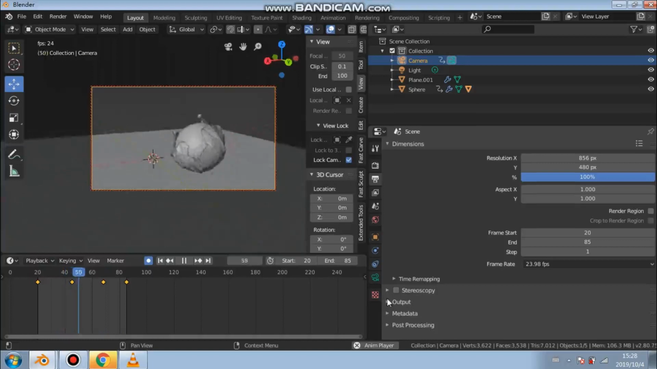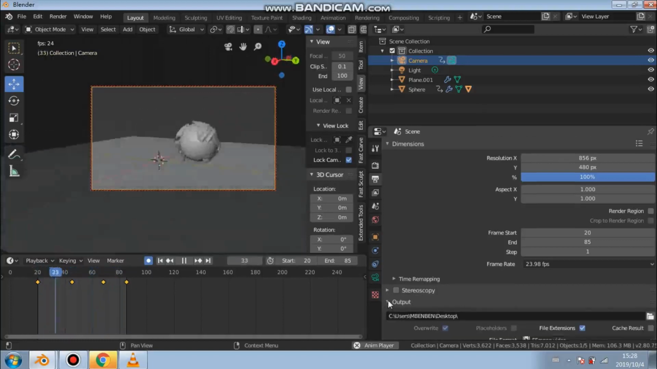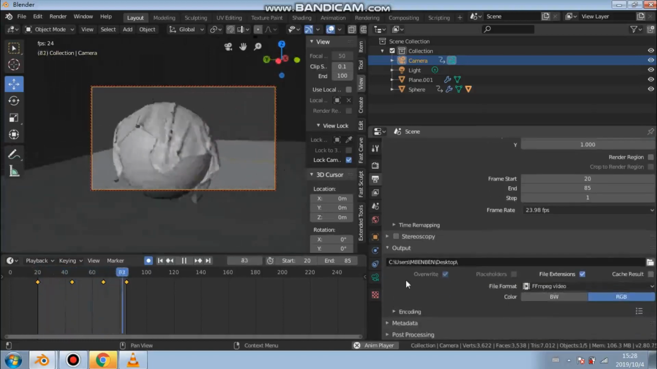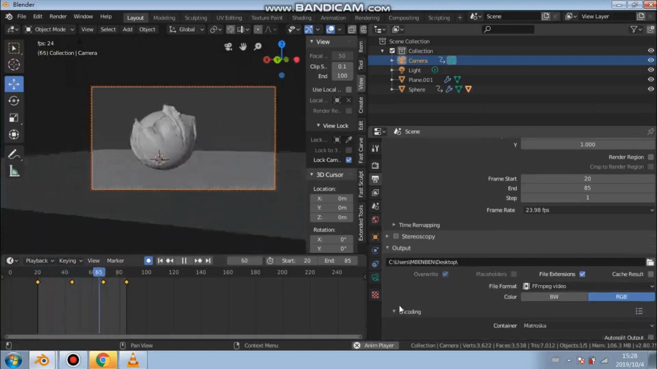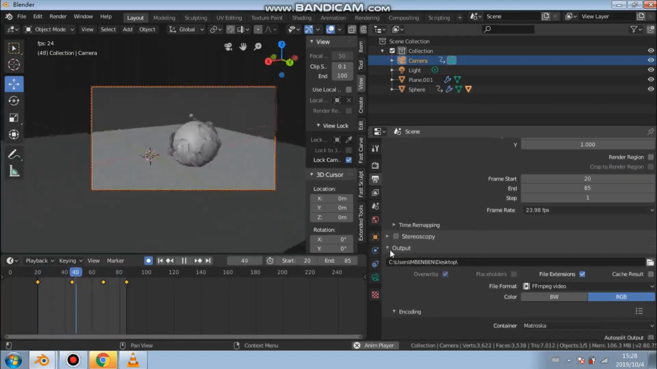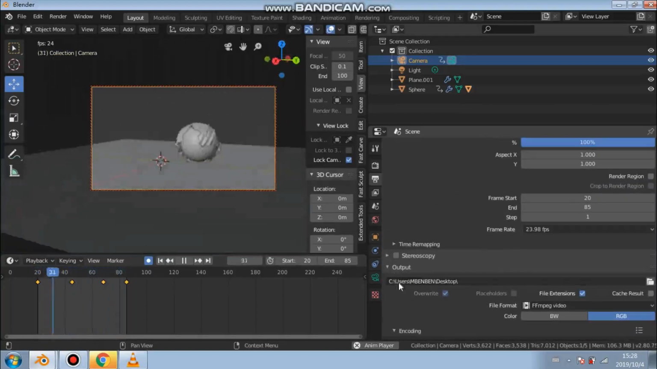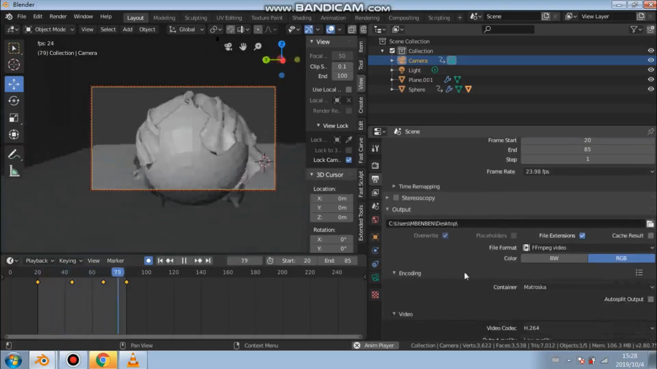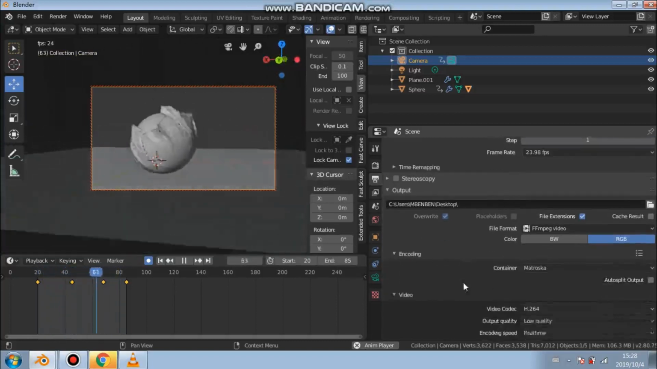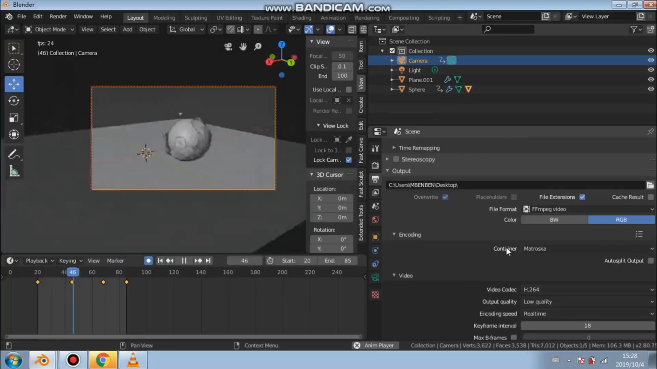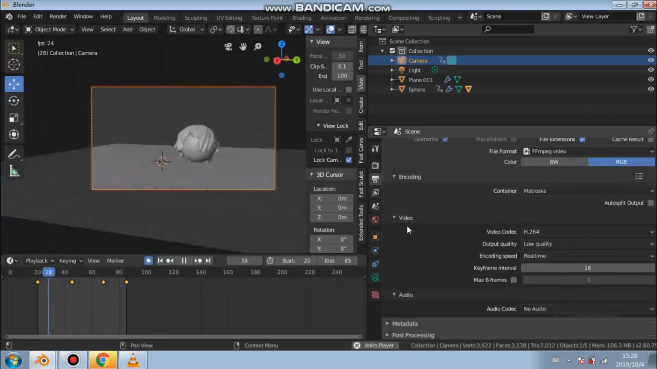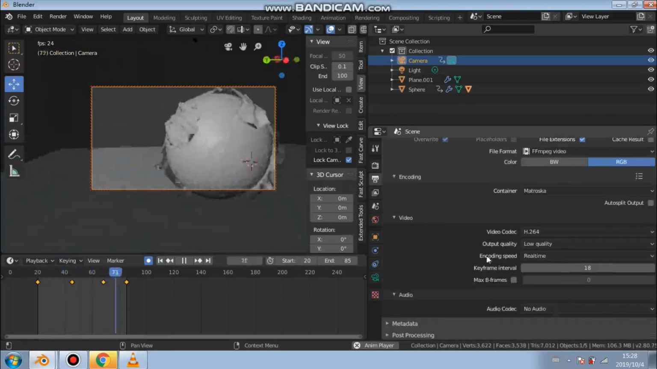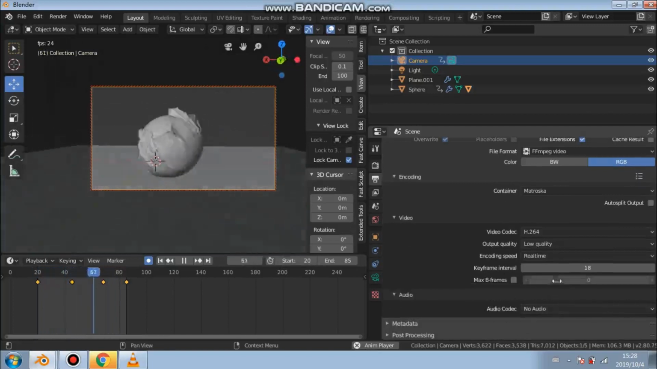I just lost something. It's under output. Don't close that down. So yeah, that's what you need to do. You need to go to output, and then under encoding, you do need to open up encoding, but don't change the container. Go to video where it says video. My one's got no audio in it, but what I did is